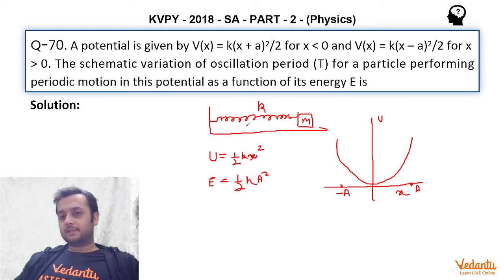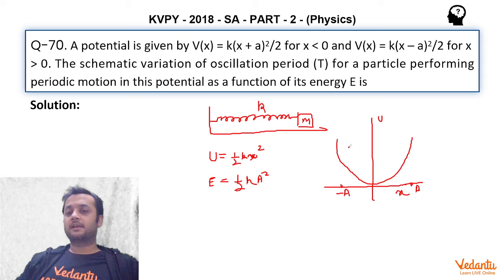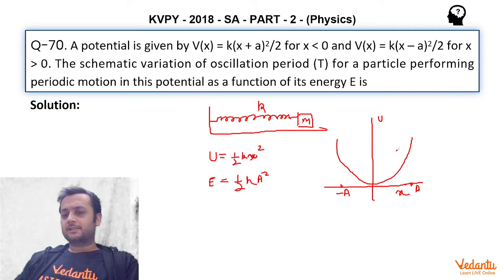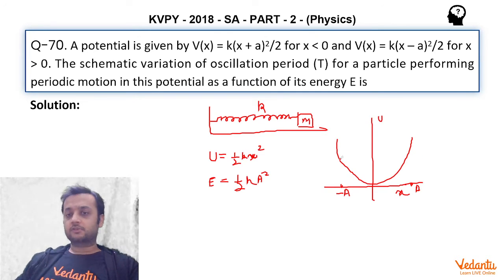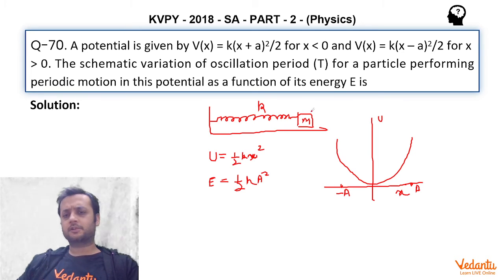Now actually the particle is moving on this x-axis. That means here the block is moving on the x-axis. But one way to visualize this is that the particle is oscillating between minus a to a like this. Of course, this is not true. In reality, the block is moving on the x-axis. But one way to visualize this is that this is a potential well, and the particle is oscillating between minus a to a like this. Of course, the block is moving over here.